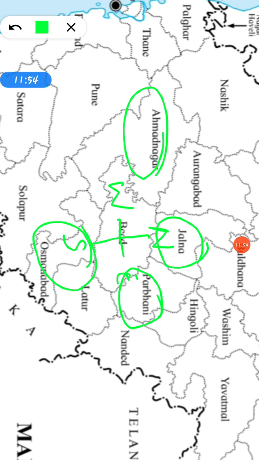Now let's see about the subdirections. Northwest, it's Hingoli. It's northeast. Northeast Hingoli, northwest Aurangabad, southeast Osmanabad and southwest is Pune. So students, we can also find with the help of the compass rose all the districts which lie to the west, east, north and south of a district.